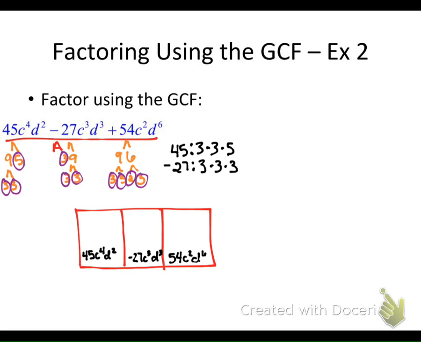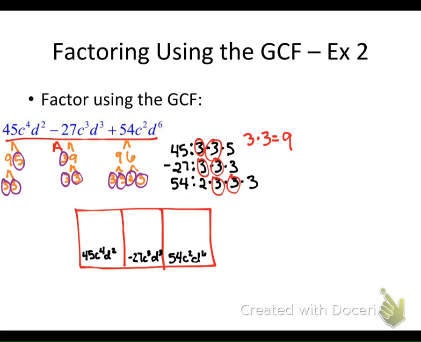And I have 54, which is 2 times 3 times 3 times 3. Of all three of these numbers, what do they have in common? 3. They have a 3. And then I see another one. 3. Yep, they all have another 3 in common. Very good. So because they have two 3's in common, I'm going to take 3 times 3, which equals